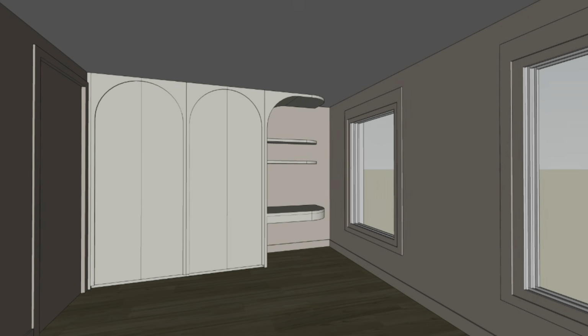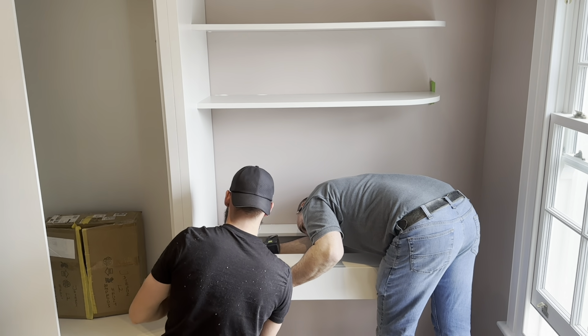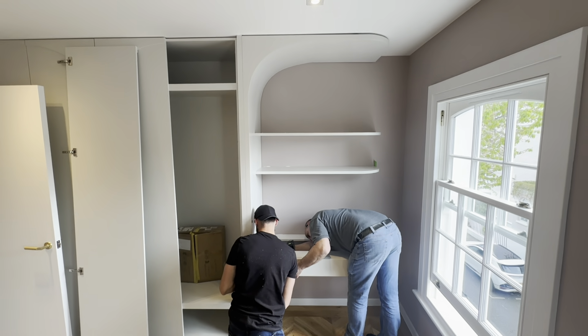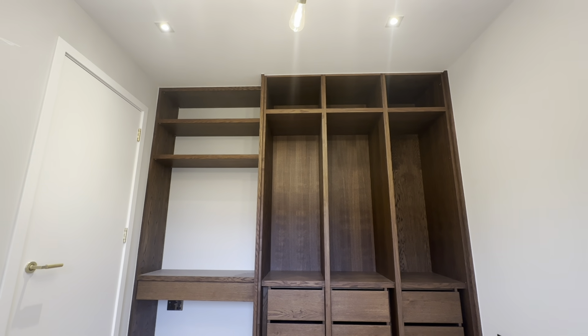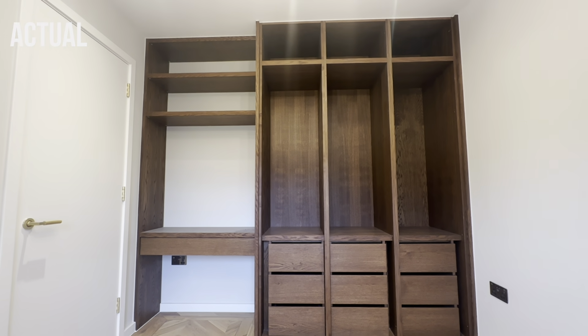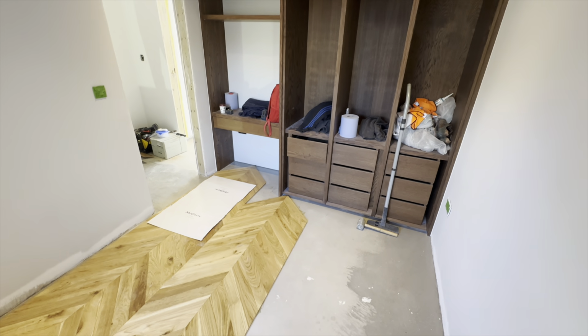On the right hand side here, we've also got a desk. You can see the guys are making this by hand, which makes our projects unique and feels like they're very one-off and tailor-made. Moving into the top floor, back bedroom facing the rear, as I turn around you can see we've got some fitted wardrobes that have been commissioned here as well, the same wood floor, the same gold detail,